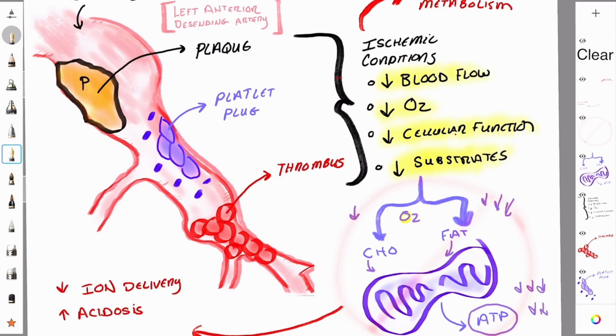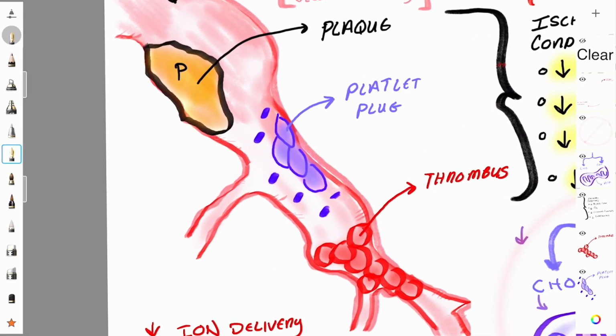So not only are these blockages here stopping the mobilization of oxygen in red blood cells, but they're also decreasing ion delivery, such as your Na+, Ca2+, right? Potassium, right? So all of these things are now being reduced in delivery, and that is going to further complicate myocardial infarction,